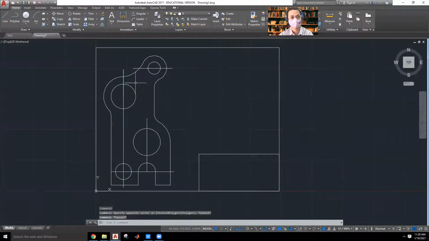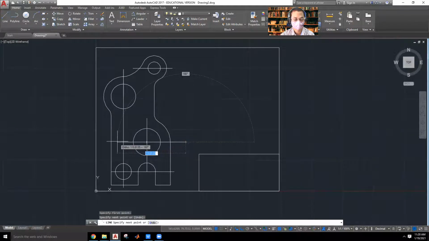Okay, so nothing happens. Okay, so horizontal line. One more I have, horizontal line. Okay, so these are the different lines I need to generate. Right click repeat line. So these are the different lines I have generated.